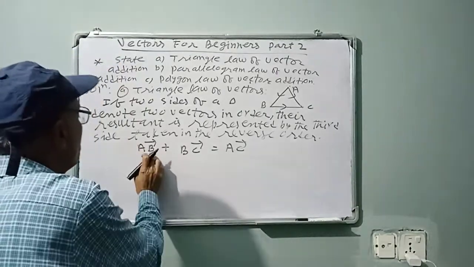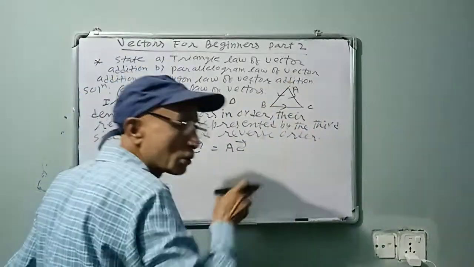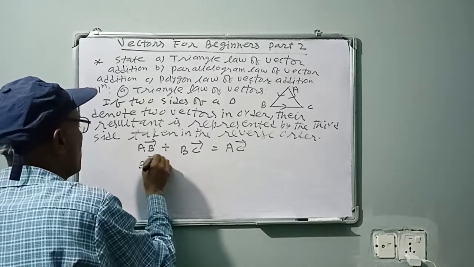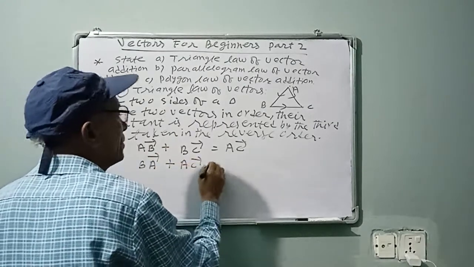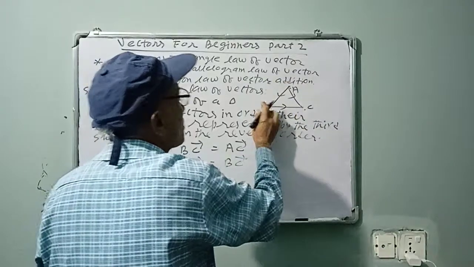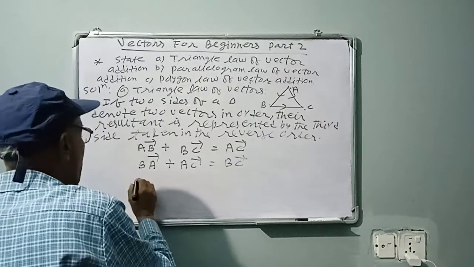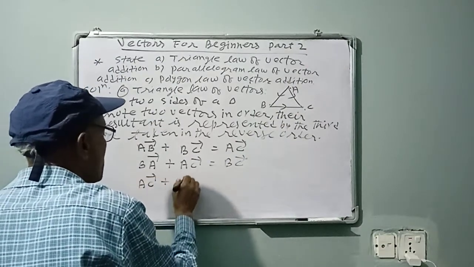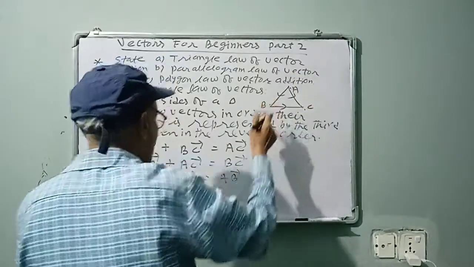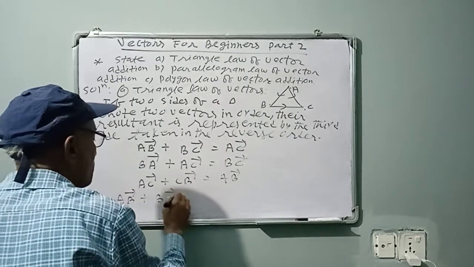AB plus BC, B repeat भएको छ। A बाट B to C भनेपछि straight line AC भयो। In the same way, B बाट हेरौँ त BA plus AC equal BC. B to A distance, A to C distance, BC displacement, BA plus AC equal BC. In the same way, AC plus CB equal AB, and total AB plus